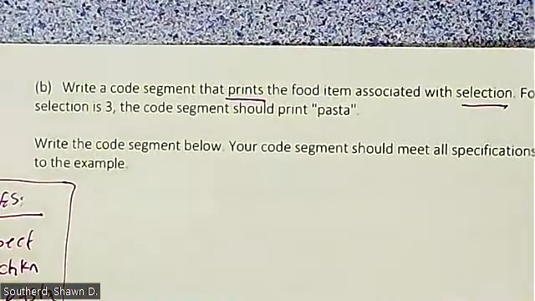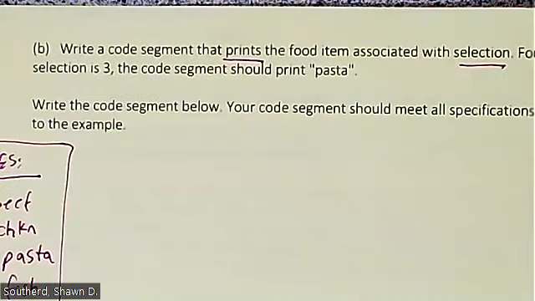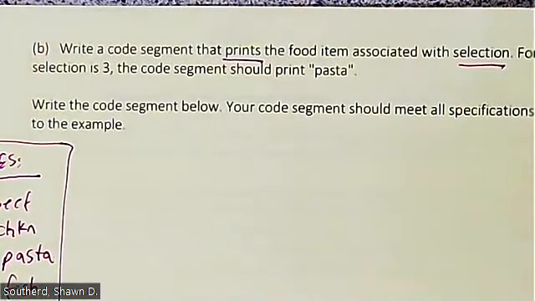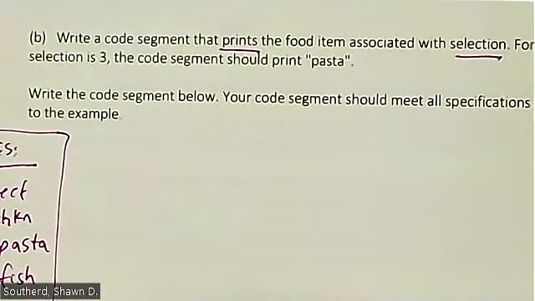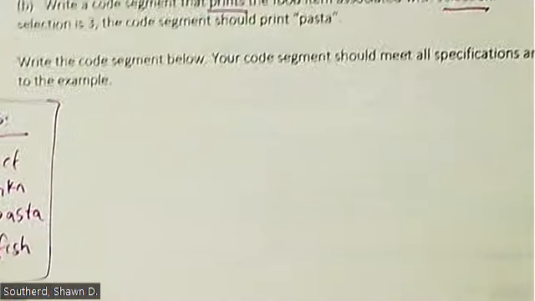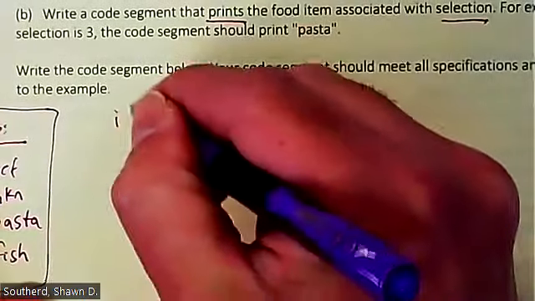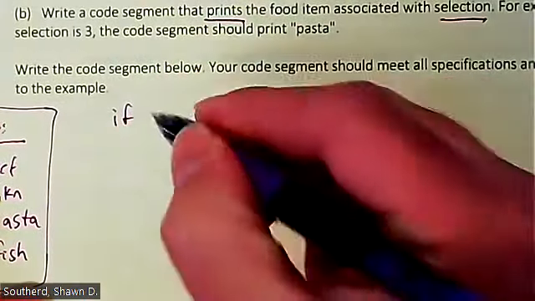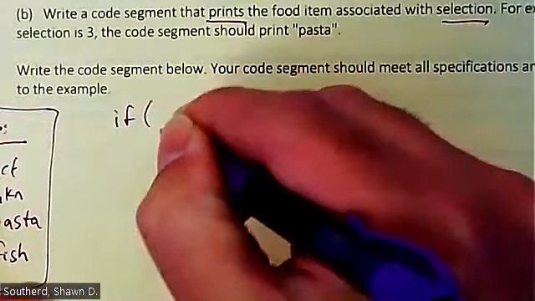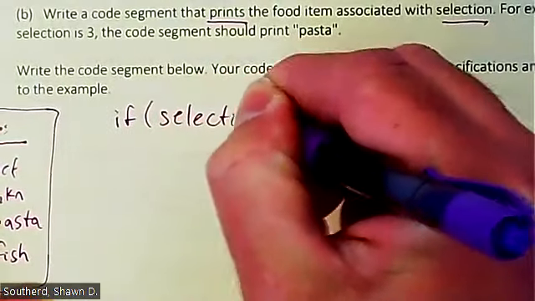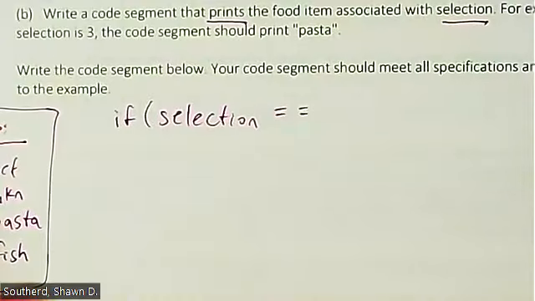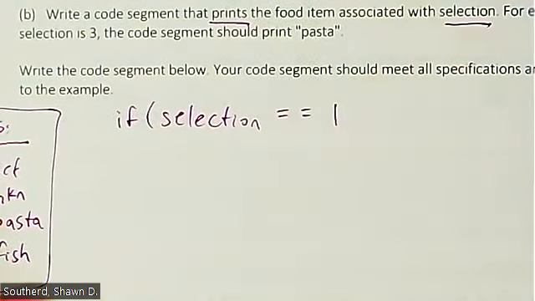So write the code segment below. This is just a series of ifs. Now remember in part A, we used an if, and it said if you're either attending or you're not, so it's easy to just go if and else. The if gets executed if it's true, otherwise it goes straight to the else. In this case, we can't just use an else because there are multiple criteria that need to be met. So the first thing we need to do is check if the value of selection, and here we can use the double equal sign,